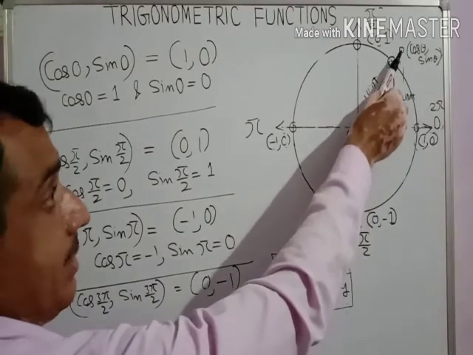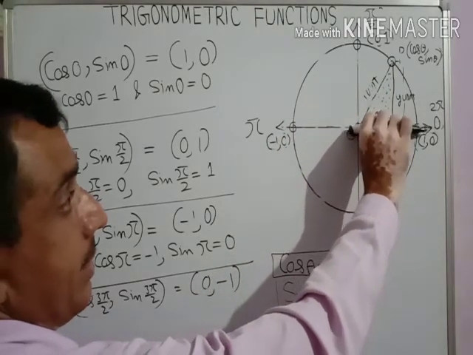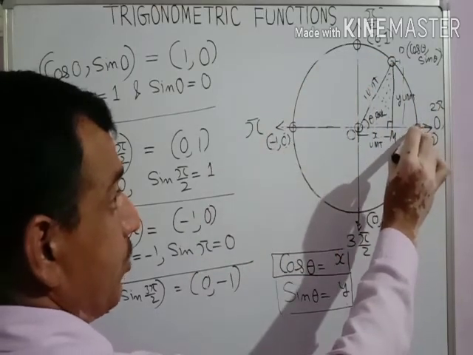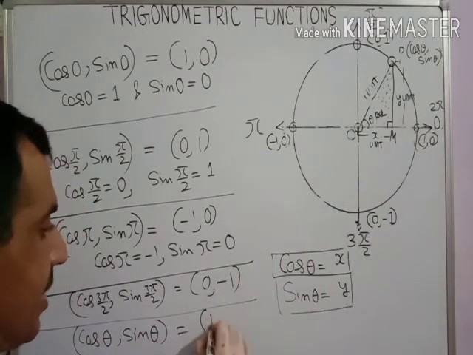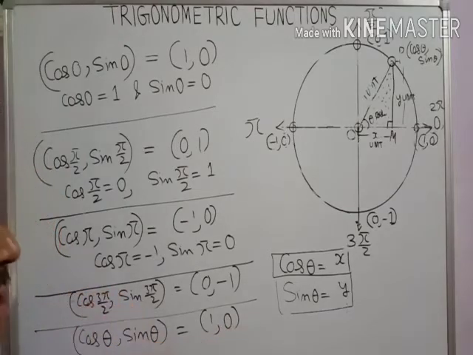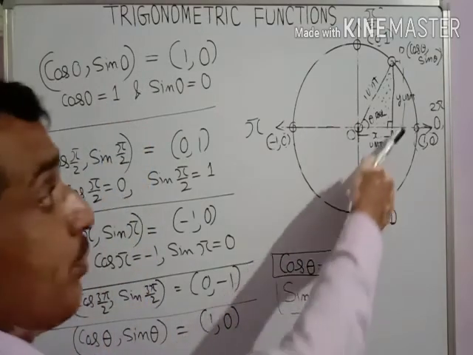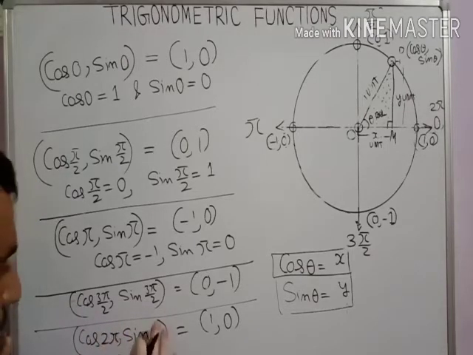Now you visualize this line is moving this way and now it stops here. This means this point now overlaps at this point. I write here cos theta comma sin theta equals this point 1 comma 0. At which theta? You said at 0 degree and 2 pi. 0 we have already taken, it means we have completed a full circle, it was 360 degree or 2 pi radians. It means theta you replace with 2 pi.